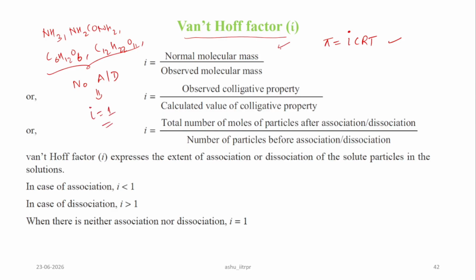But the moment NCERT or CBSE introduces Van 't Hoff factor, the nature of the solute changes. So we have NaCl, we have KCl, we have CaCl2, and then we have acetic acid, because now these are electrolytes. So this thing you should notice, and always remember the formula this way, because for the others the value of I is 1, so there is no problem, put I equal to 1. But if this is the case, don't forget to mention the value of I. Otherwise, you will hardly get 1 or half marks out of a 3-mark question.